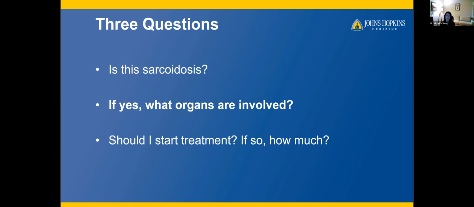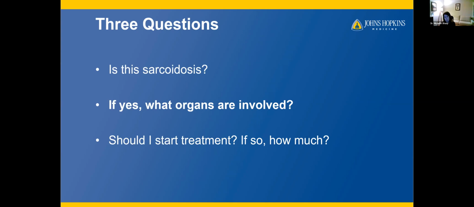There are some things that make it more likely to go into remission and some things that make it less likely. In general, the more organs you have involved, the less likely you're going to go into remission, but that's a general rule. There's not a ton of data behind that. And if you have acute sarcoidosis, which we'll talk about next, which is Lofgren syndrome, that often is thought to have a better chance of going into remission.